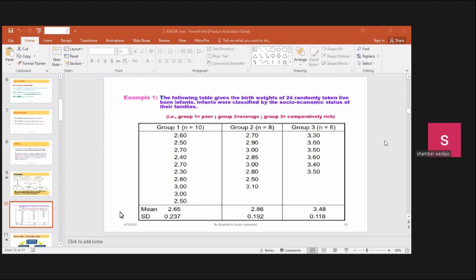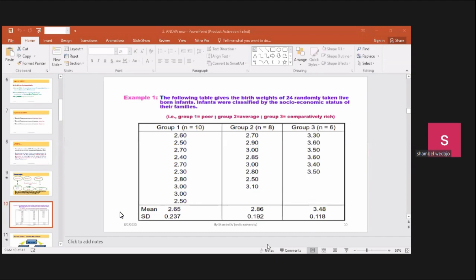ተሰምተናል፣ ይሄን እንላለን። እንደገና ደግሞ ሌላ variation ልንገራችሁ። ግሩፕ 1 ላይ ያሉ ሰዎች አማካኝ ክብደት ስንት ነው? 2.65፣ ግሩፕ 2 ላይ አማካኝ 2.86፣ ግሩፕ 3 ላይ 3.48። የነዚህ ሚን ዲፈረንስ በምን መጣ ብንባል አንድ ምክንያት የለንም እንዴ? አለን፣ ግሩፕ 1 ላይ ያሉት ፑር ሶሾ ኢኮኖሚ፣ ግሩፕ 2 አቨሬጅ ሶሾ ኢኮኖሚ፣ ግሩፕ 3 comparatively rich socio economy። ሚን 1 የlow socio economy ሲሆን፣ ሚን 2 average socio economy፣ ሚን 3 comparatively rich socio economy። ስለዚህ እነዚህ ሚኖች at least explain እናደርግበታለን፣ በግሩፒንግ variableአችሁ። being poor or average or high የመጣ ነው፣ ይሄ overall ኢፌክት ነው፣ ኢንዲቪጁዋል አይደለም።